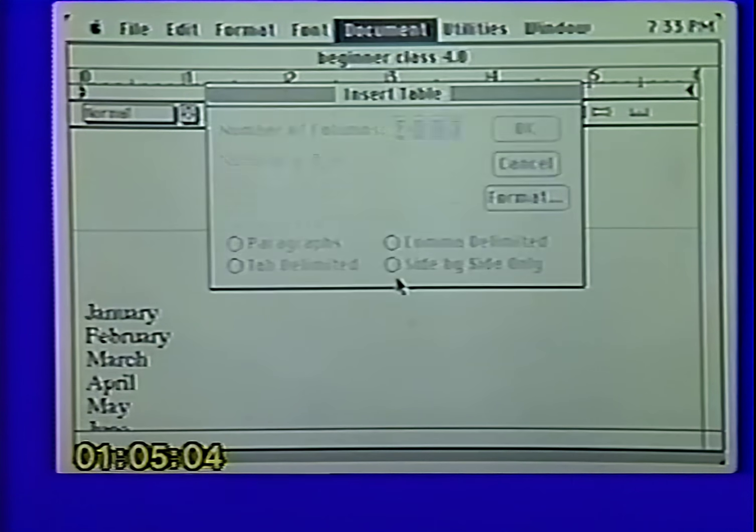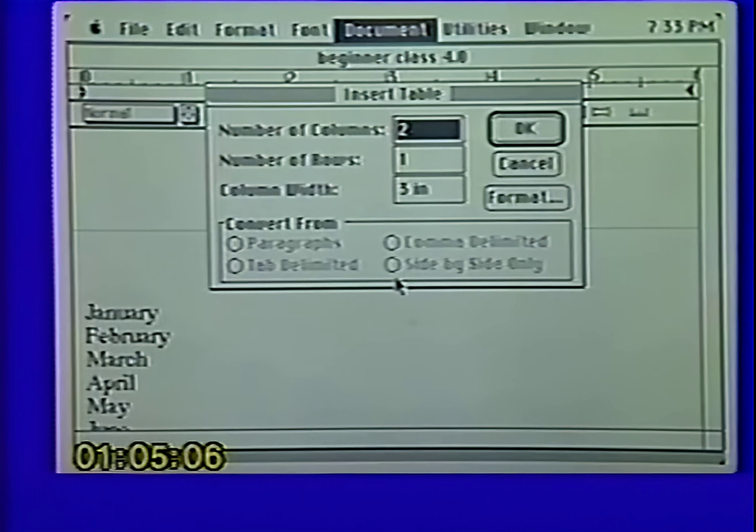Now, if any of you have used Microsoft Excel, this is going to start becoming very familiar to you. It simply asks you now, how many columns would you like? Well, we would like 3. It asks you how many rows you would like, and I would like 4. Now, as you select these, it will automatically allow you to say what width you would like, or if you use a certain amount of columns, it will figure that for you. And I say, okay, I want 3 columns, I want 4 rows.